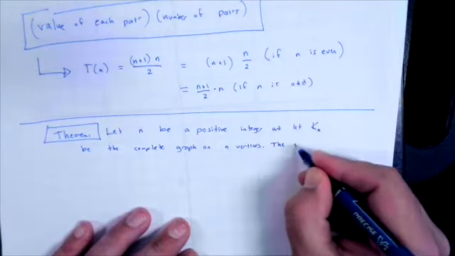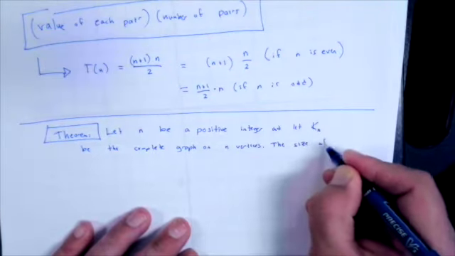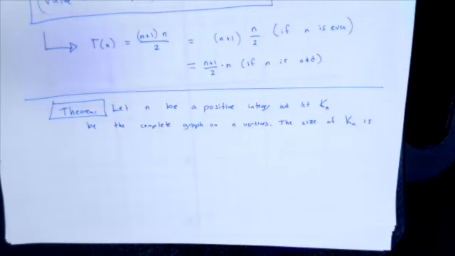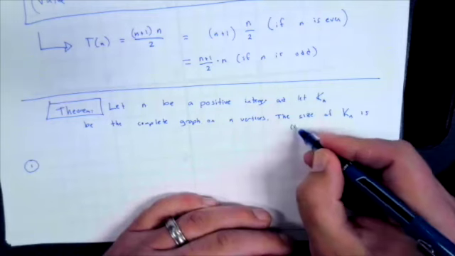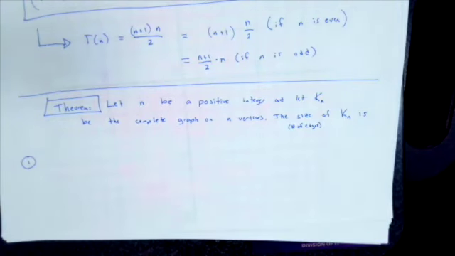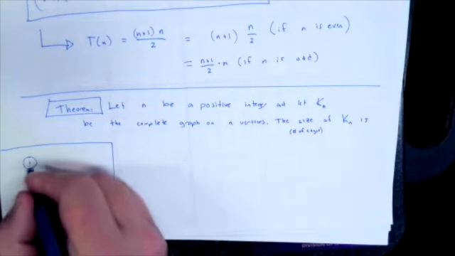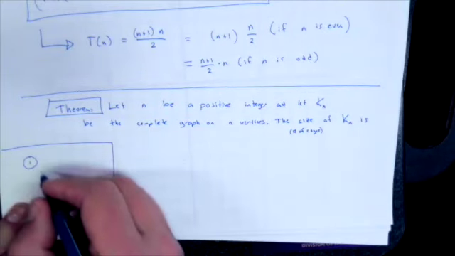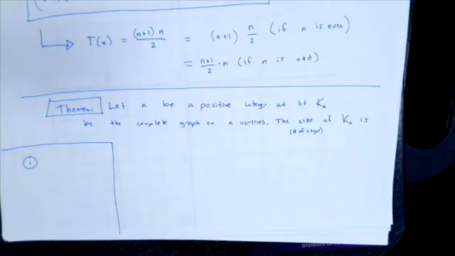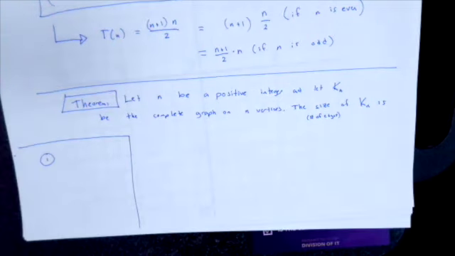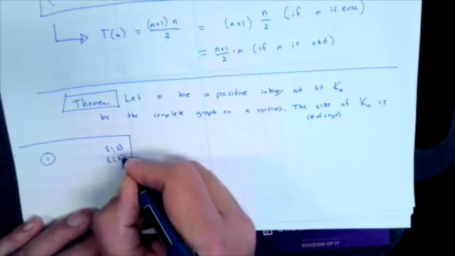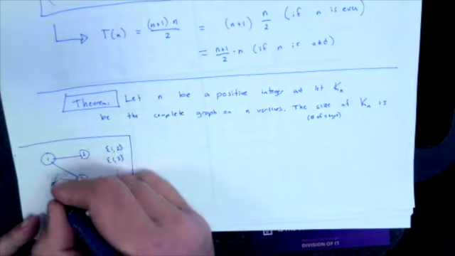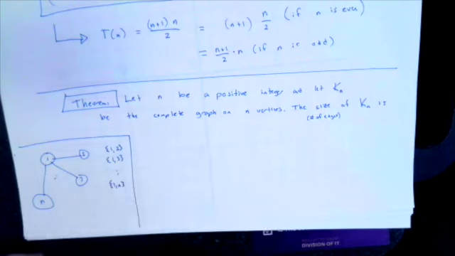vertices. The size of K_n is... So remember, size is the number of edges. The size of K_n is, let's think about a K_n. I have vertex 1. If there are n vertices, how many edges have 1 as its smallest element? Not n. I'm going to have an edge 1, 2. I'm going to have an edge 1, 3. You agree? I'm going to keep going all the way up to n, and there are n minus